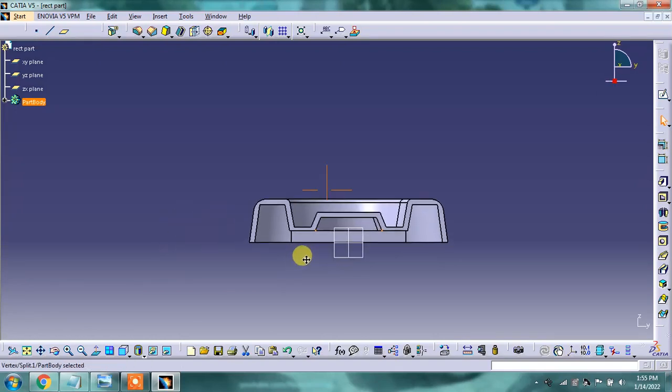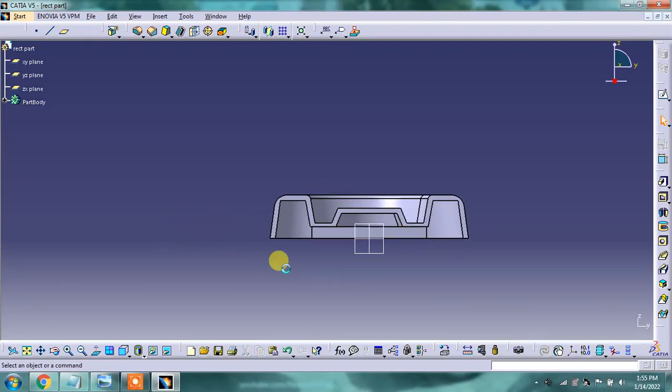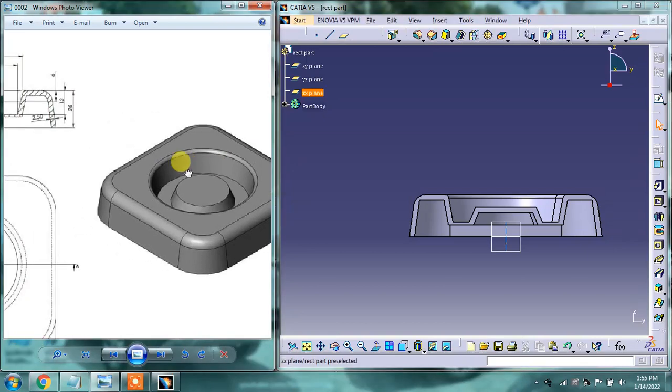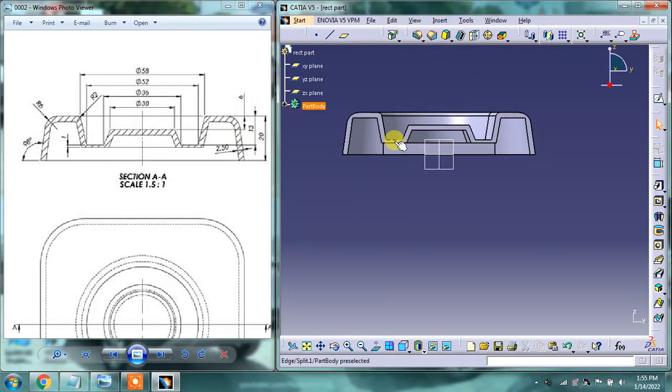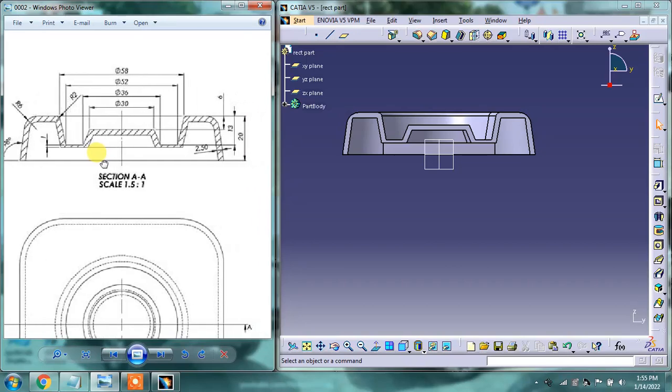Now it is appearing exactly the same as we have in this drawing. As you can see, we have exactly the same. From this portion we have the least thickness, and from this point we have a uniform thickness. I think guys we also have a dimension of 6 mm from inside, as you can see, but it is not given.